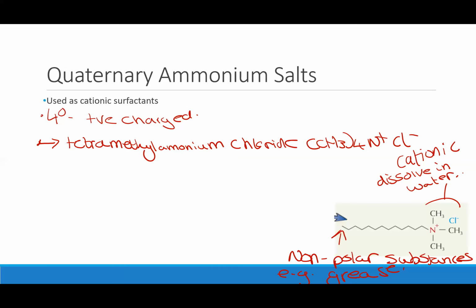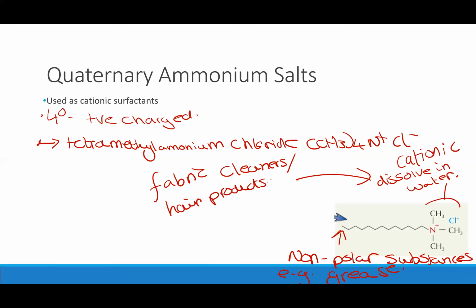So they are used in things like fabric cleaners and hair products. So what that means is the non-polar substances, so the grease on things like your clothes, on food, in your hair,